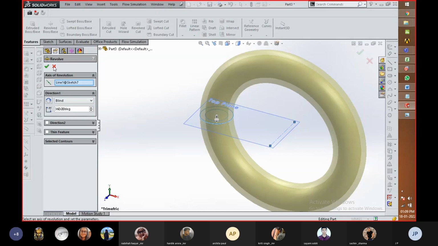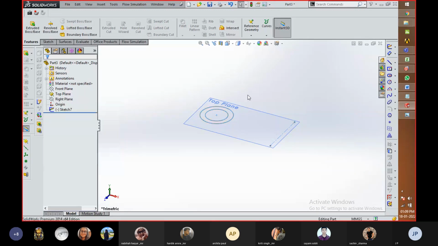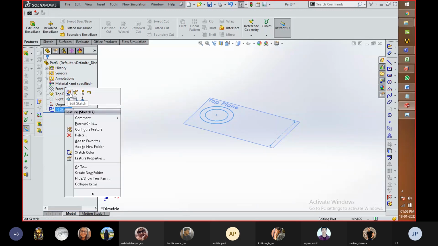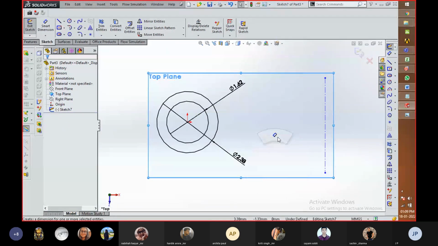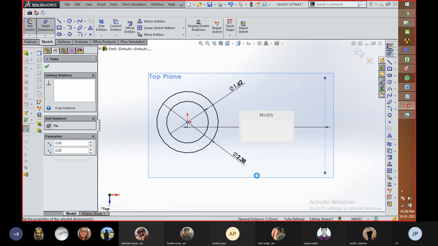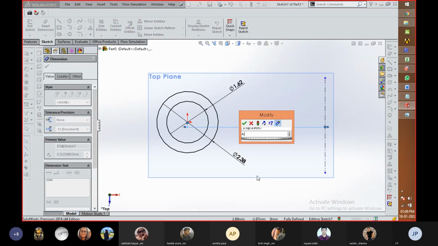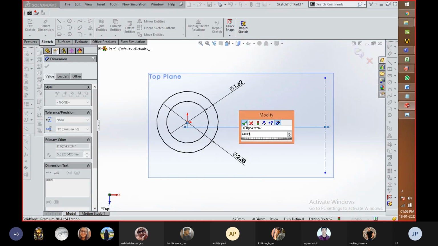So for that purpose, I am going to edit again. The distance of this line which is going to be created from this point is 4.880. I think yes, it is correct. Then press OK.